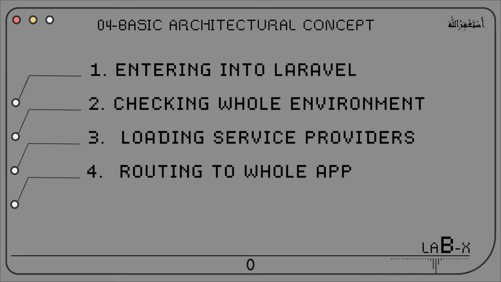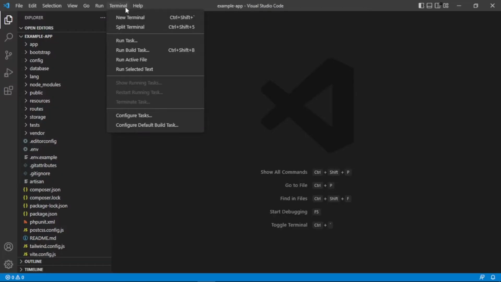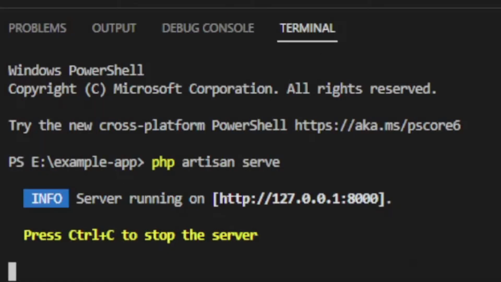Now we can continue our first step, the entry point of the Laravel application, by opening the terminal as we did with CMD and typing PHP artisan serve. As you are watching, the server is running on an HTTP address with a port number.